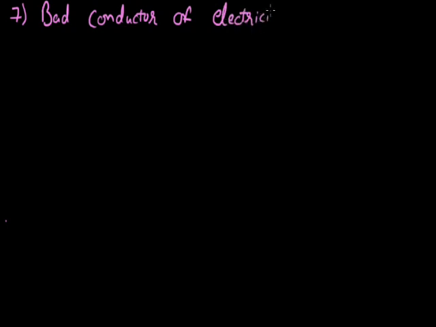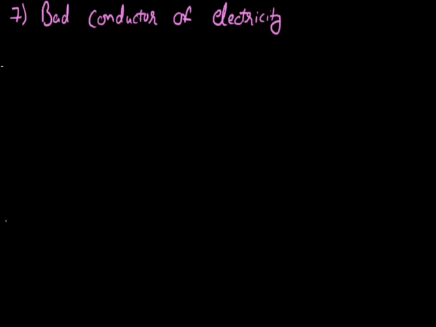The next one is, diamond is a bad conductor of electricity. This can be explained on the basis of its structure, since we have seen in the structure that all the 4 valence electrons of carbon are used by the central carbon atom for covalent bond formation. So in the crystal of diamond, no free electron is left for the conduction of electricity, and this is the reason why diamond is a bad conductor of electricity and cannot be used for the formation of electrodes. Now we will deal with the next allotrope of carbon, that's graphite.